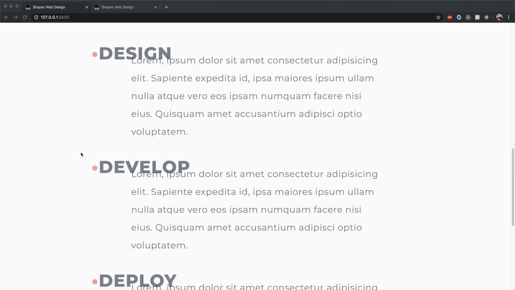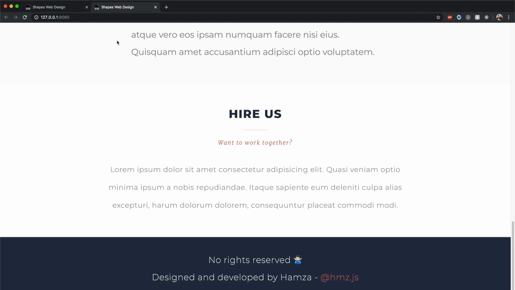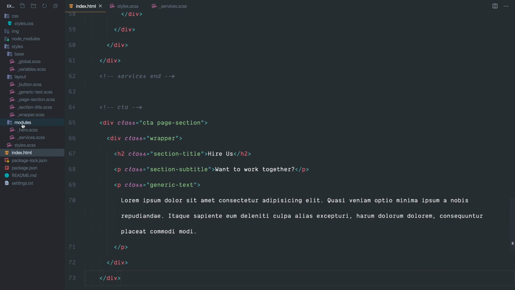Now let's move on to our footer, which is actually the final section of this web page. So for the footer, let's take a look at what we are trying to achieve. In the original design, we can see that it has our main blue color as the background, some padding on top and bottom, and the text is right in the middle of the section. And also this link is using our main red color, this link right there. So for this one, we do need to create a new file. So back in the editor, here in the modules, let's create a new file called